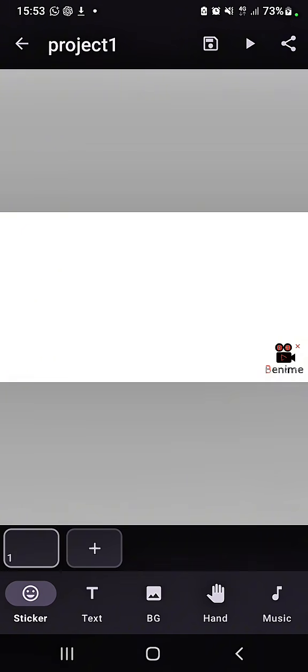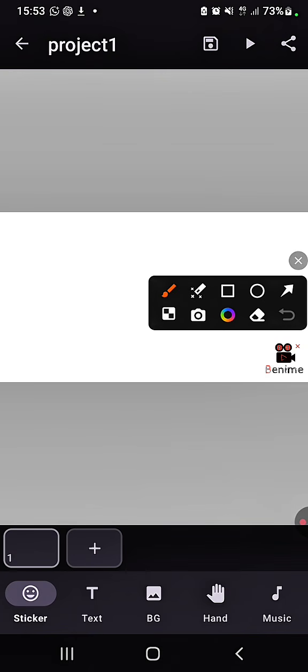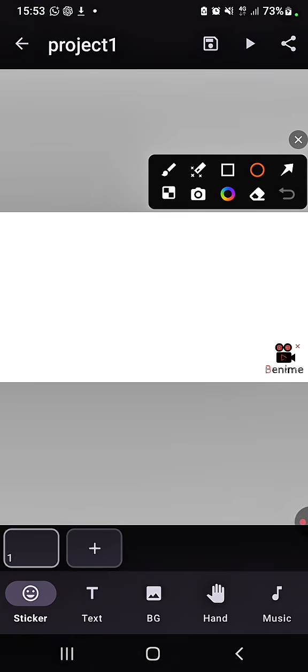So now, as you can see, this page has popped up, and here you can see this watermark. If you're an editor, it's not usually advisable to leave a watermark on, so that you don't expose the apps you use in your creation. That's the rule guiding video editors. So this watermark, we are going to delete it. How do we delete it? We click on it,